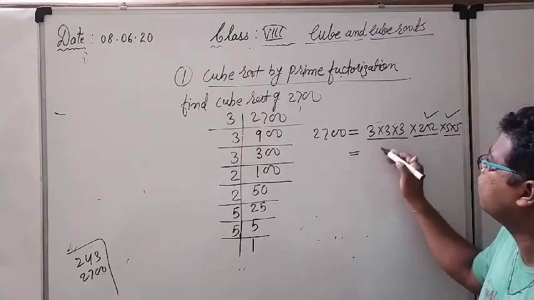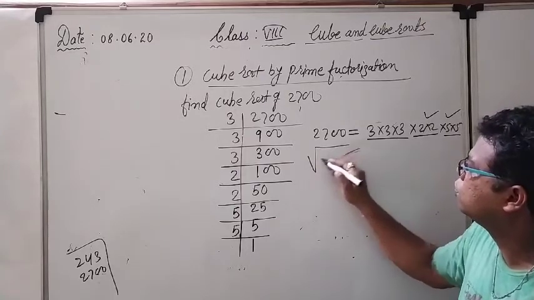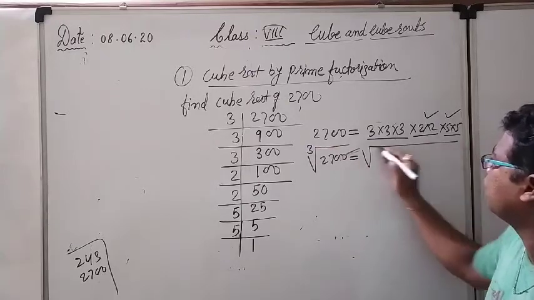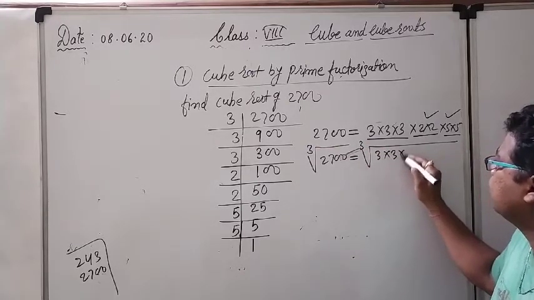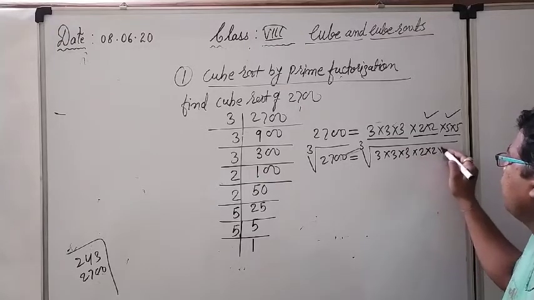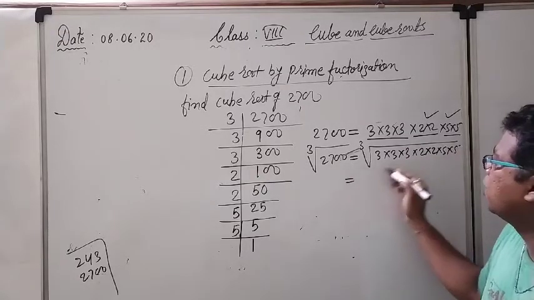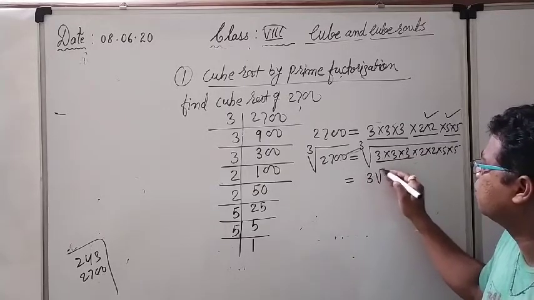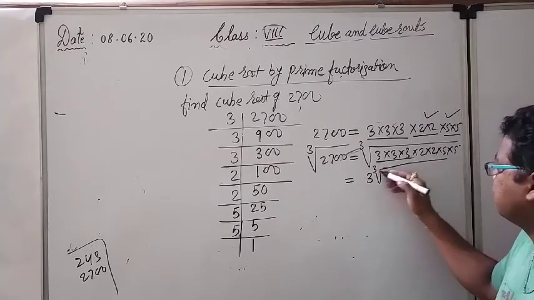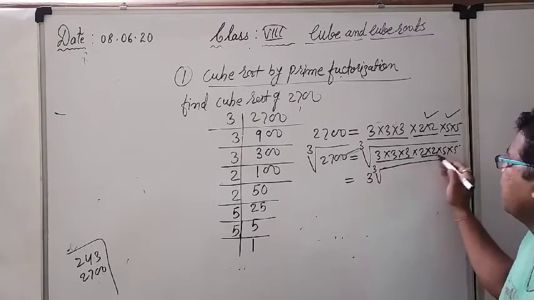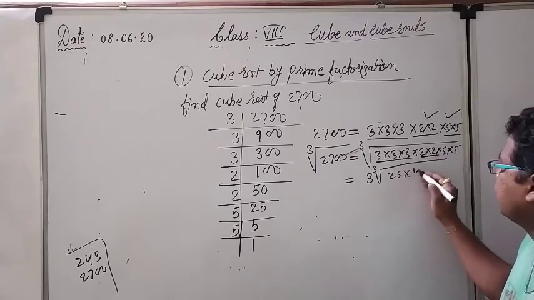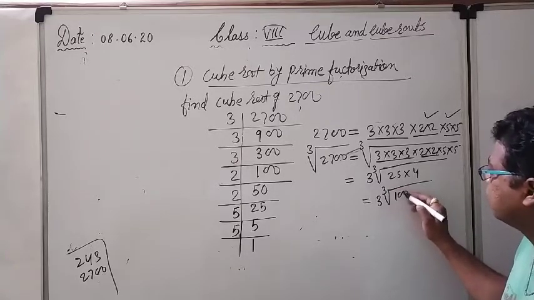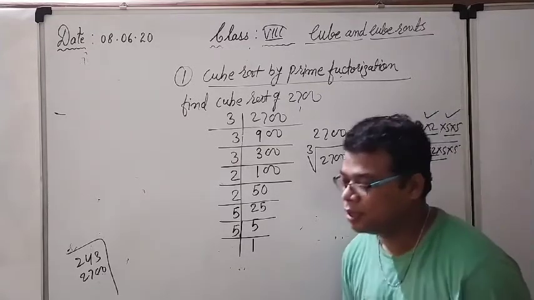And if I have to find it, what should I do? The cube root of 2700 should be equal to, again, cube root of all the things, 3 into 3 into 3, 2 into 2, 5 into 5. Because 3 is completing the triplet of 3, so 3 will come out, and the rest of the things will remain in the cube root, and I can multiply them. So 5 5s are 25, 2 2s are 4, and it is giving me 3 cube root 100. So it is a little tricky question. Actually it is not the question.